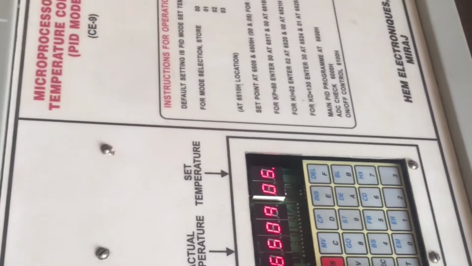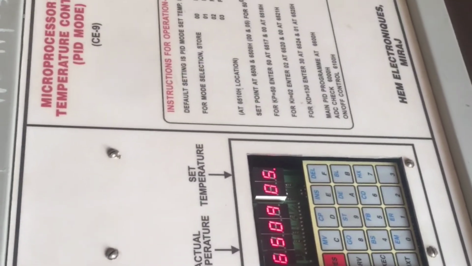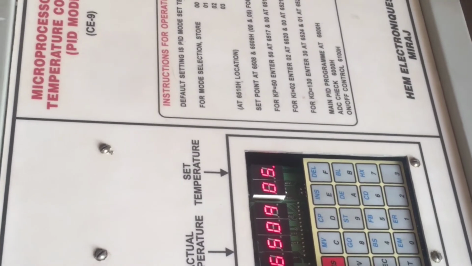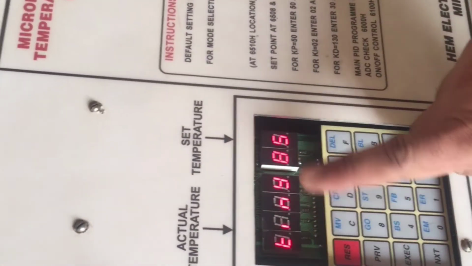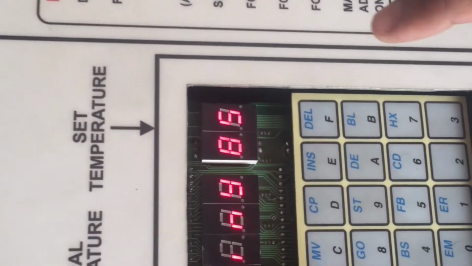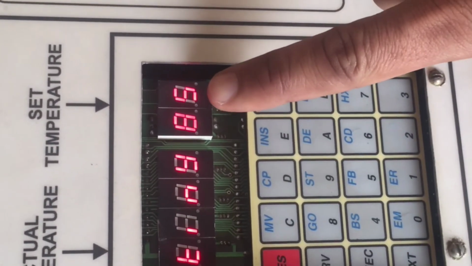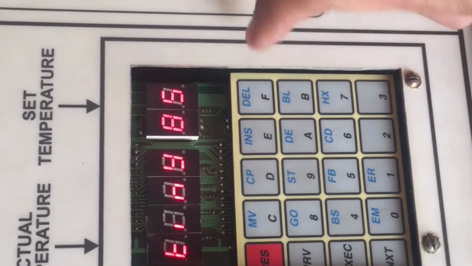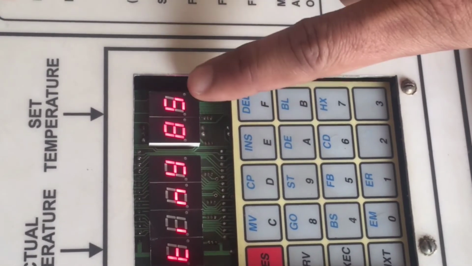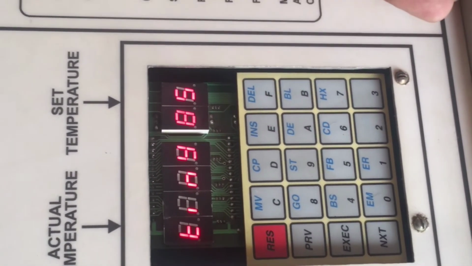We can change these values, but I am currently choosing the default values inside the program. Next, you have to press reset. We have done the temperature selection for the cylinder. The set value of that temperature is 50 degrees. So that part we have finished.